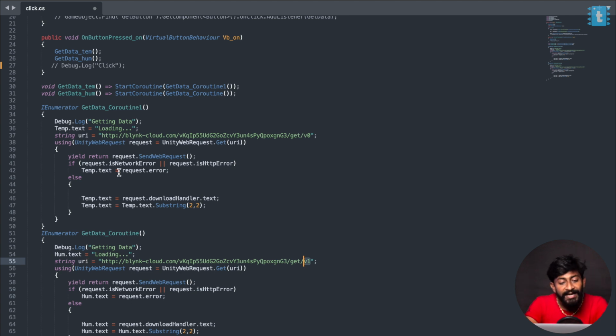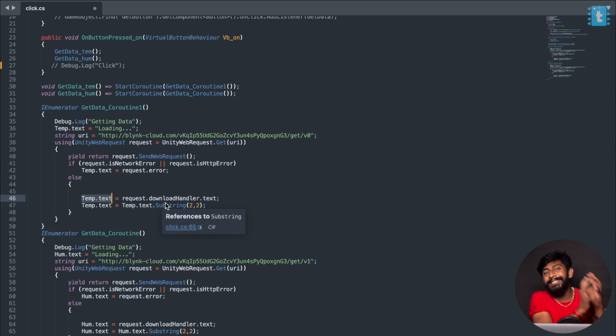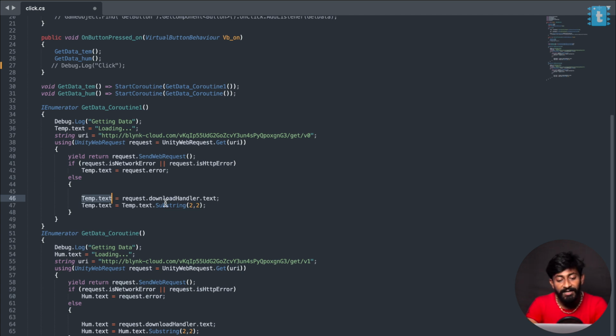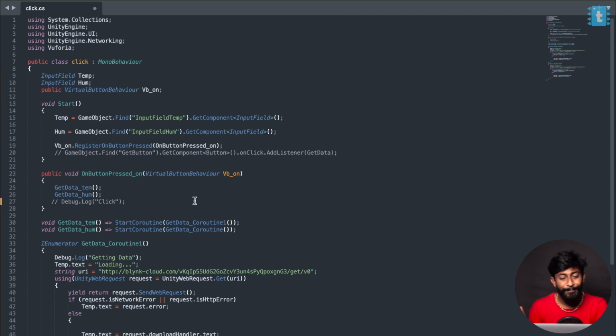After getting the data, we are writing that data using the temp.text command. Using this command we'll be able to write that particular data inside the input field in the AR that we have prepared inside the Unity editor. Similarly for humidity, we are using hum.text, which will write the humidity data to the humidity input field. So that's the simple code that we have written to build the logic of monitoring the sensor data using